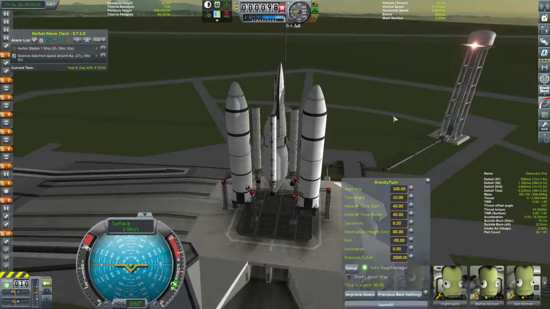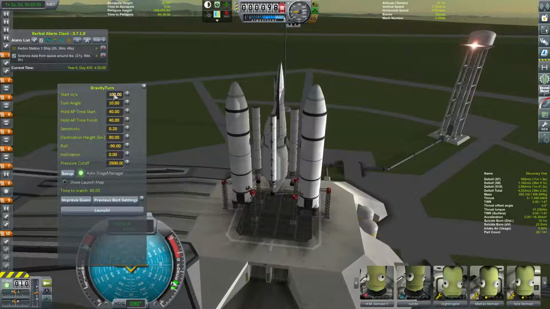Let's go ahead and get the gravity turn mod going here so that we can get the show on the road. We want to get up to 150 kilometers. Actually, no, I'm sorry. We'll start this at 100 meters. We want our turn angle at 10 degrees, sure. We're going to set this to 70 seconds. Destination height is 150, and our roll is 0 because we're starting off already rolled so